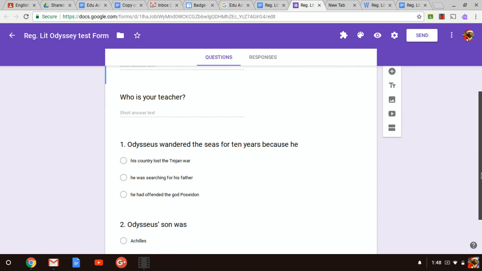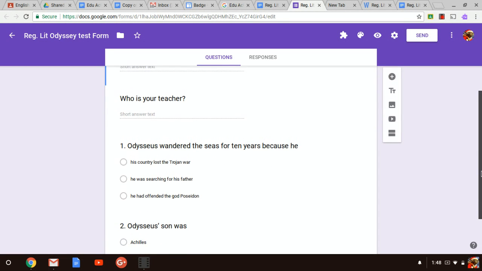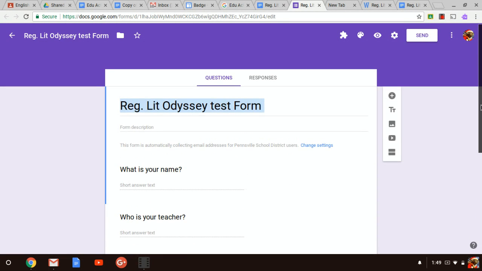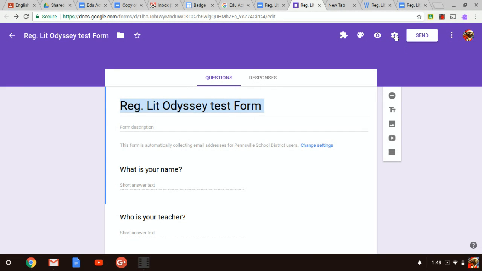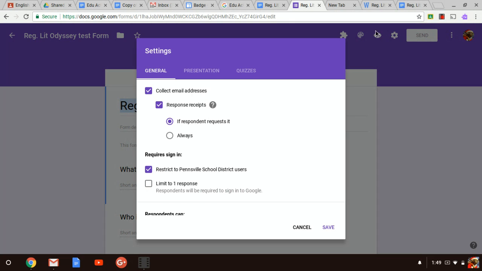So when I share this with students, I click send, and I have a few different options here. I can send it via email. I can post a link. You can share it through all different formats, Facebook, Twitter, Google+, communities. But what I usually do is select the link, shorten it. I'm going to copy that, and I can go into Google Classroom,